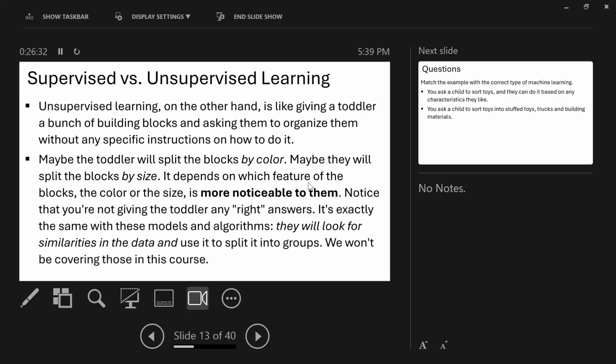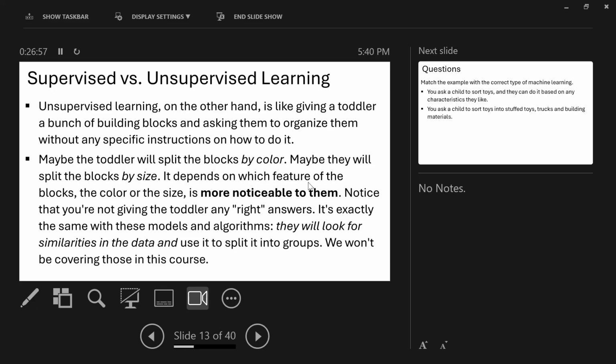That's unsupervised learning. You are not giving the computer the answer, but telling it to look for patterns or similarity in the data and split the data into groups. So that is unsupervised learning.